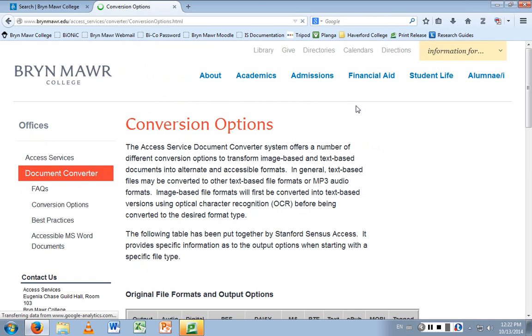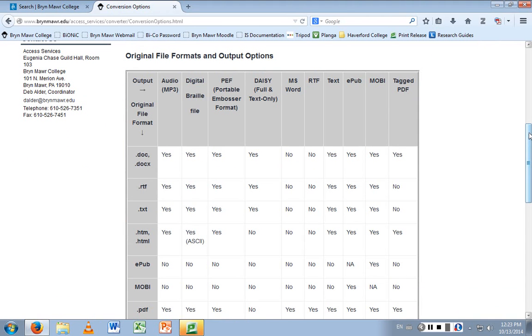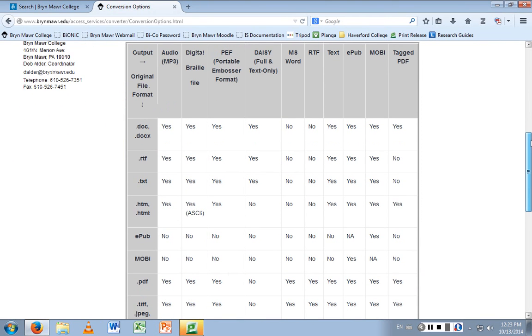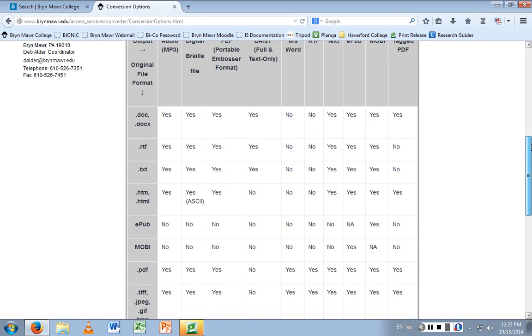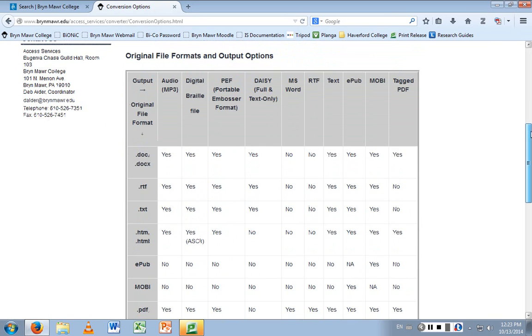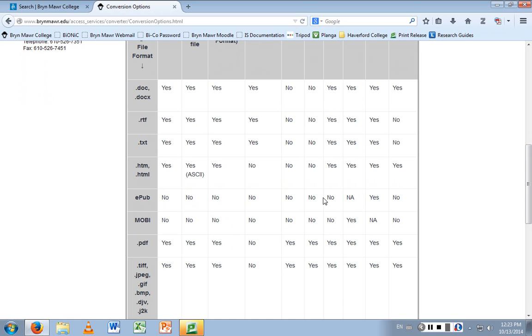Like I said, many of our students with print disabilities prefer an audio format, and this will do that as well. So you can upload these documents, and they will come out as audio and can be read to the student. So this is a little conversion chart, and it tells you the original formats down the side, and then what they can be converted to. It's pretty broad and covers a fair amount, not everything. Note that it also includes images of documents, not just text documents.